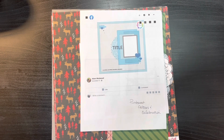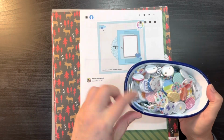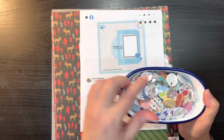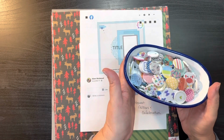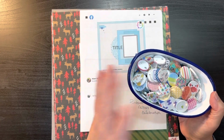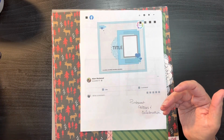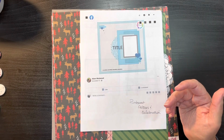Adam has this wonderful company and a wonderful community that is all about the Flair, and I have been blessed to be one of his clients. And as you can see by the lovely tub of Flair I have on my desk, they're at hand always for me to use. So today we are going to be doing a layout for my December documented album, and